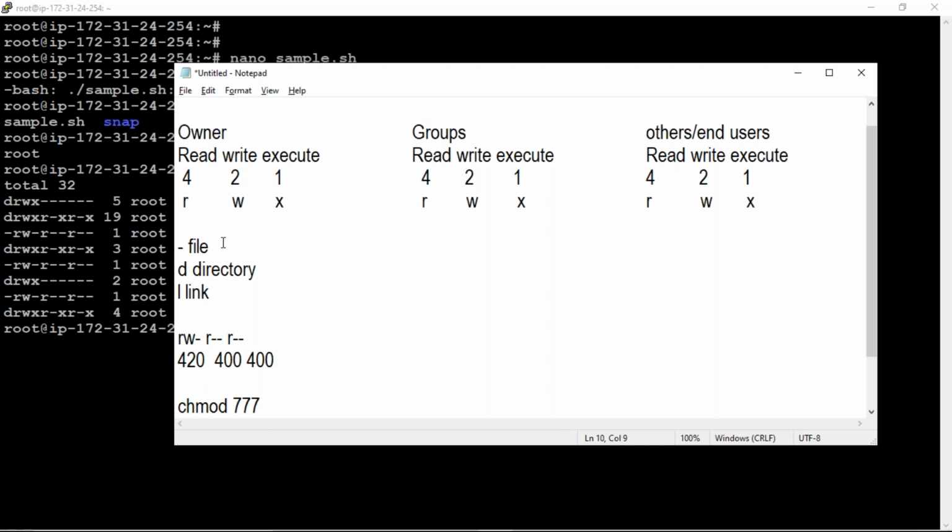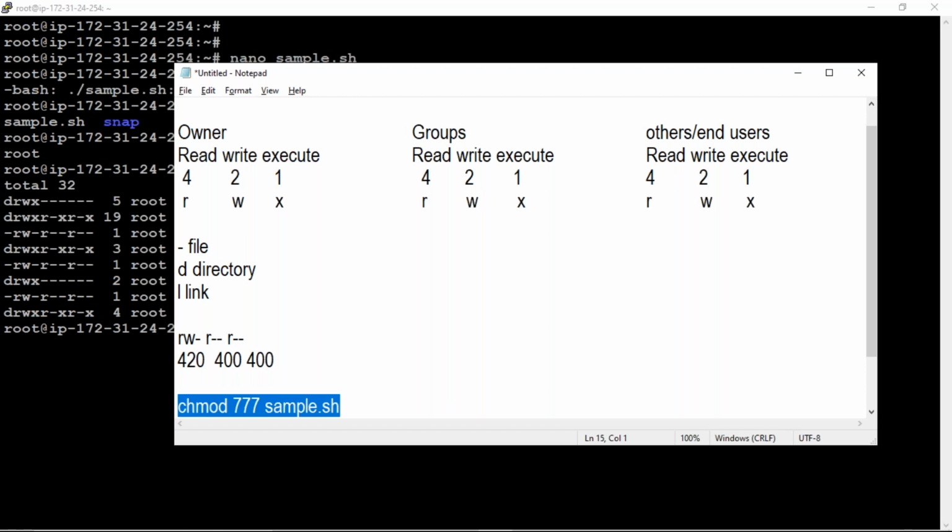And 7 means I'm giving read, write, execute permissions to the owner, to the group, and to others as well. So the command is chmod space 777 space your file name. My file name was sample.sh. This is the command we need to execute now.